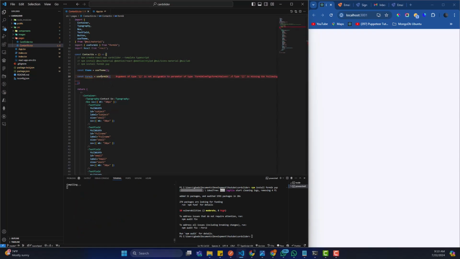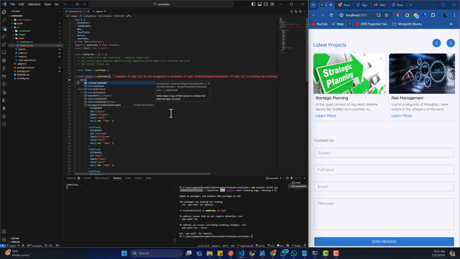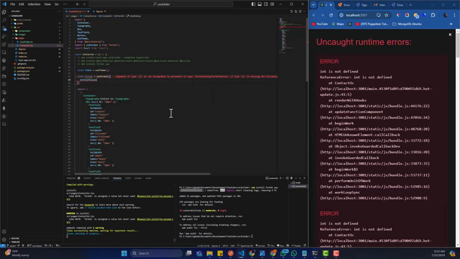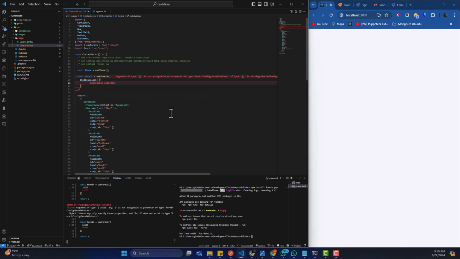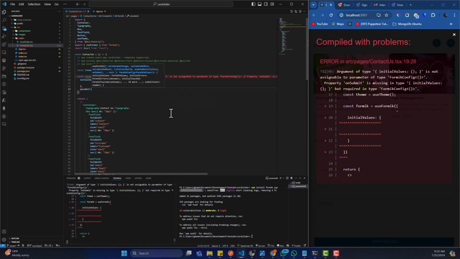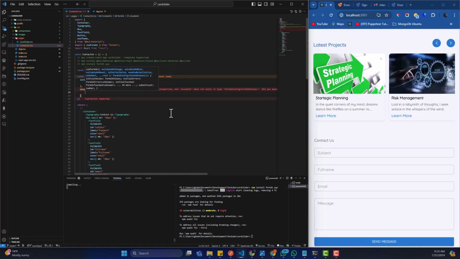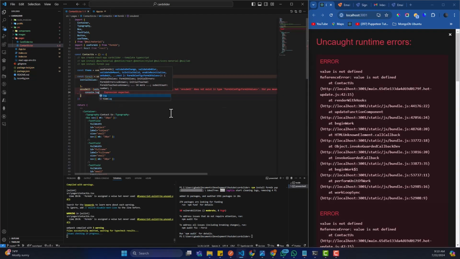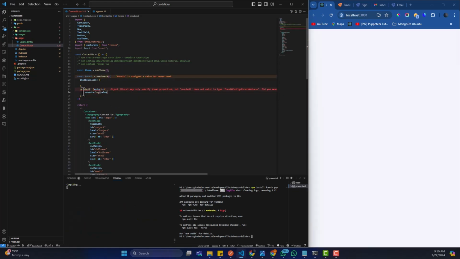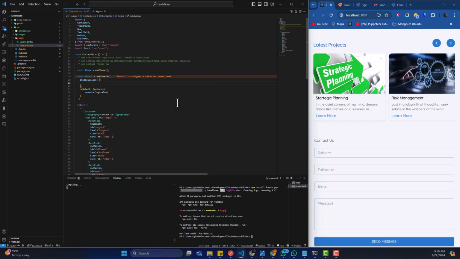So after installing this, I need to specify a couple of things, which is going to be my initial values. I'm going to have initial values. To get rid of this error, I need to add onSubmit. So the first thing I'm going to have as my initial value,